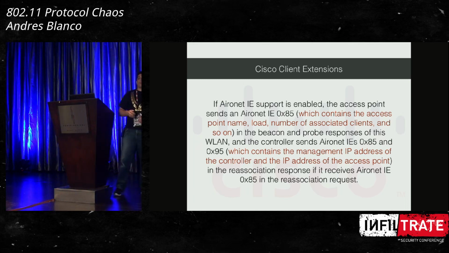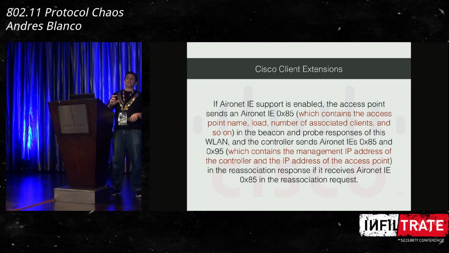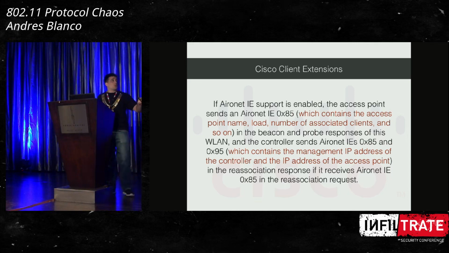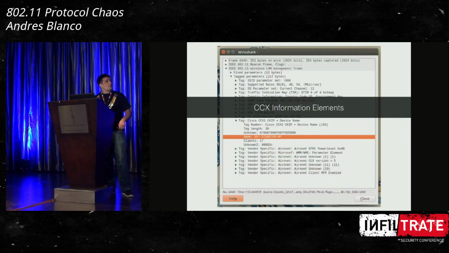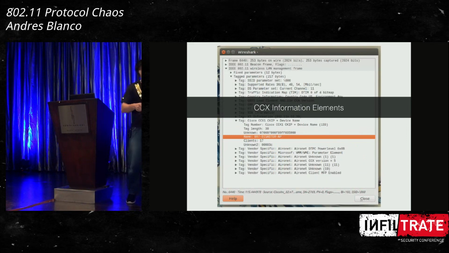So this is a feature for the protocol that says that these access points are going to send some information elements on management frames with internal network information in plain. So this is a feature, remember, it's not a bug. This, for example, is a beacon frame that has this CCX information element, and we can see here the access point name. This access point name is provided by the IT management that handles the network or the Wi-Fi devices, and usually they are leaking some sort of network topology information.